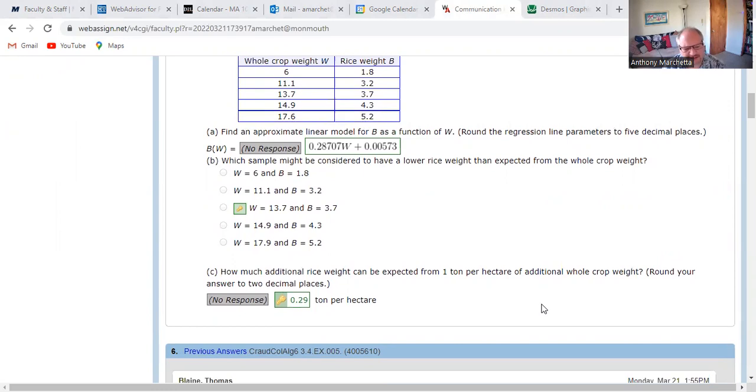But what do they mean here? Well, what do they mean 1 ton? How much additional rice weight can be expected from 1 ton? Now, this is that marginal slope lesson in disguise again. Like how much of an increase in money would it be in 1 year? How much of an increase in weight would it be for 1 ton, right? Because remember, the X value is the crop weight in tons. The rice weight is B, which changes according to whatever